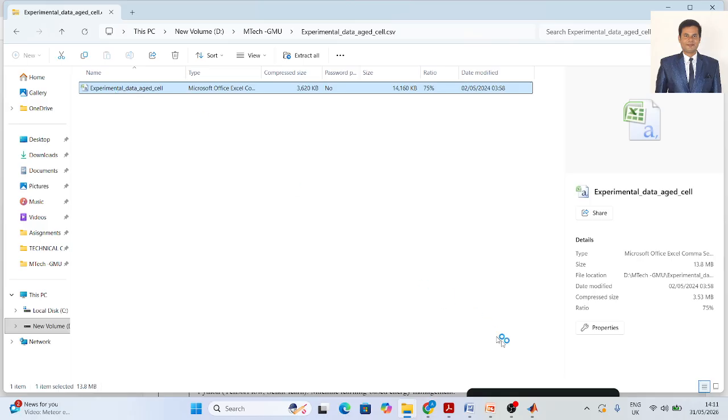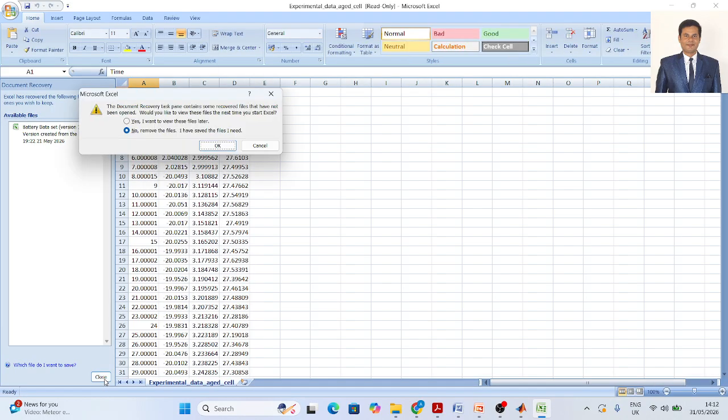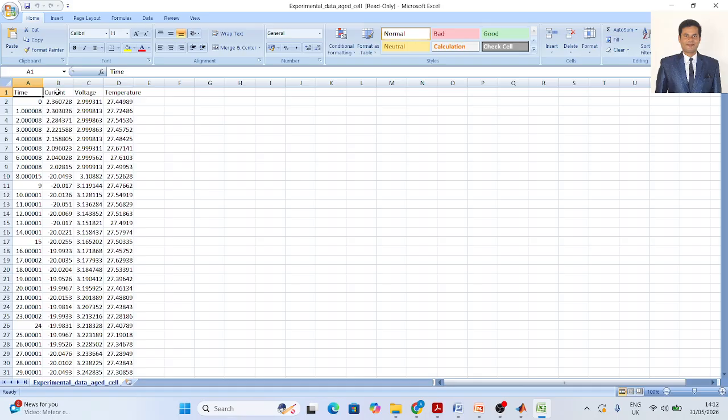These are the experimental data which have been collected. You can upload your data in the Kaggle, or else if you have the data, you can download it for making analysis of your battery management. So this data set is available now. Is it visible? Yes, sir.